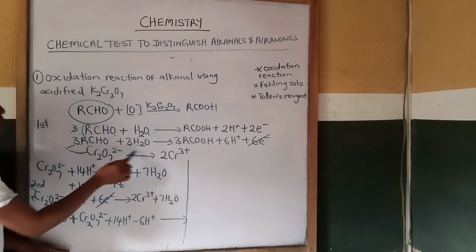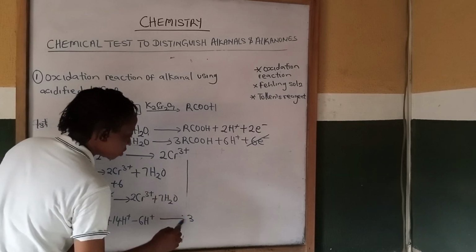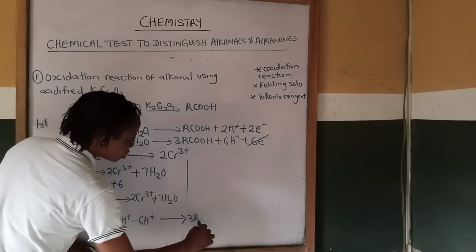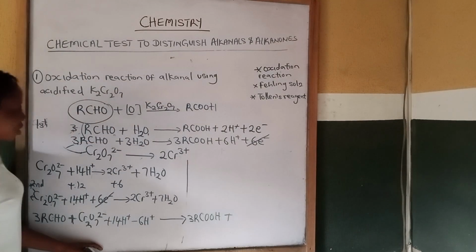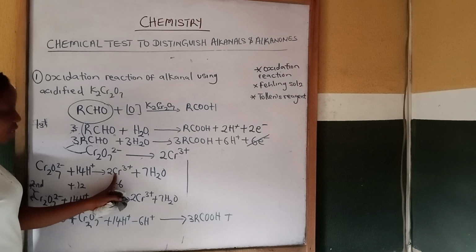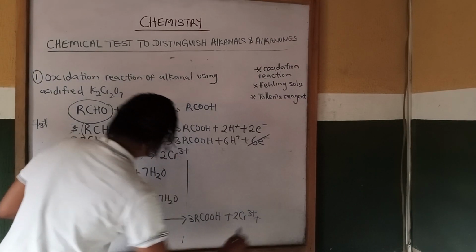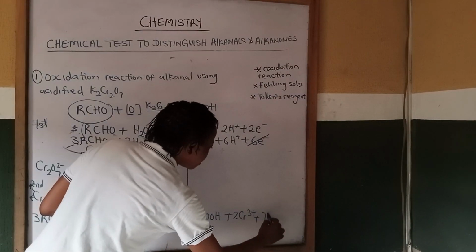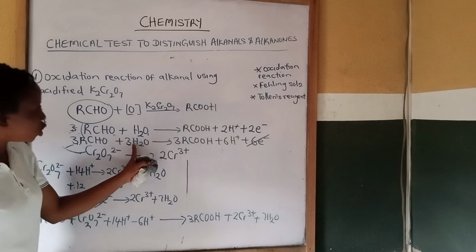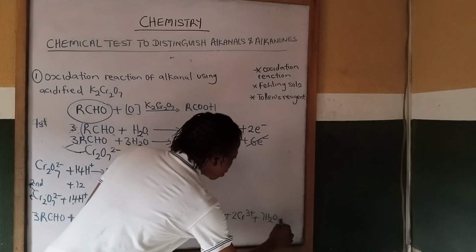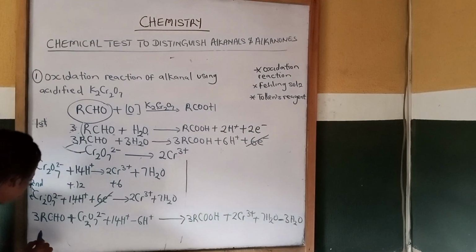So to our product side, at the product side we have 3RCOOH, then plus 2Cr3+, we have 7 molecules of water here, that's 7H2O. Then from the reactant side there, we move 3 molecules of water to the product side, minus 3H2O. So our final product will now be